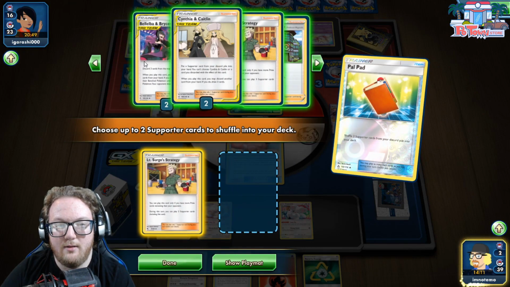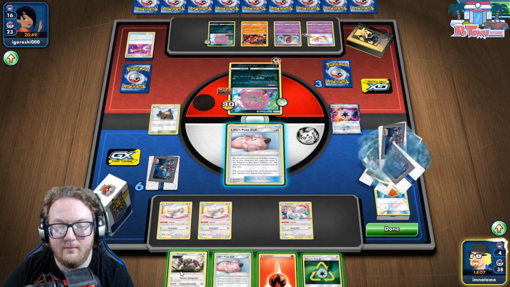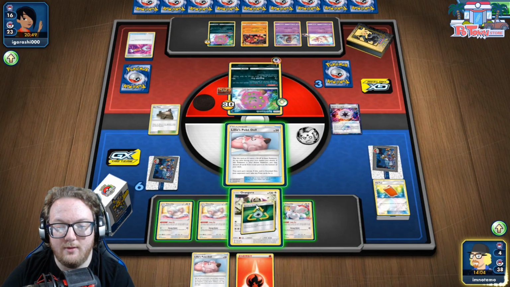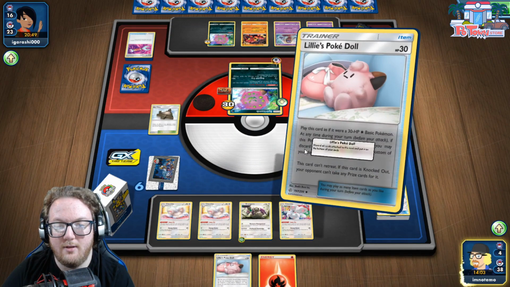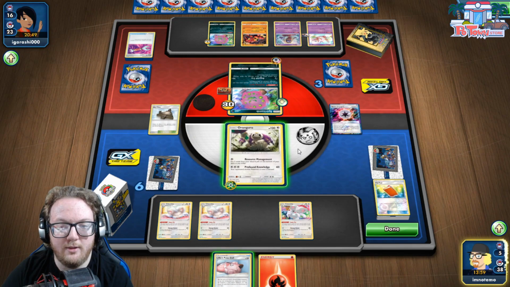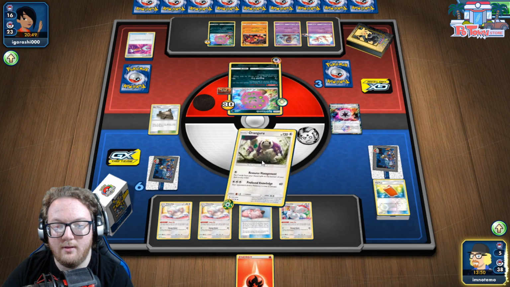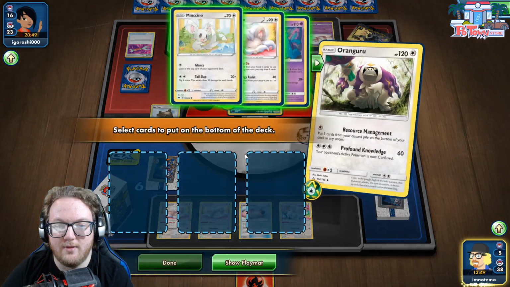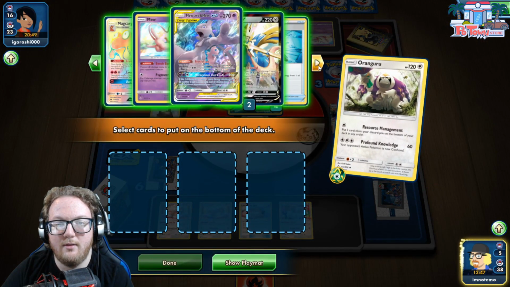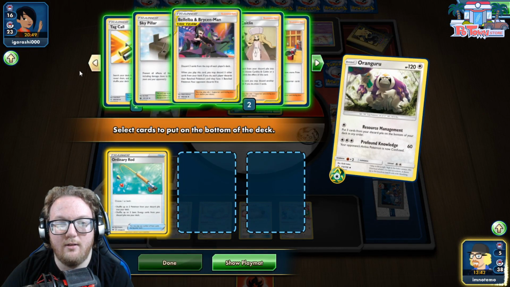and to Surge Bellelba, bench Guru, attach doll to the bottom, Guru to the active. Now we can't win next turn, we can win the turn after that. We'll put doll down and Resource Management, and we'll put Ordinary Rod